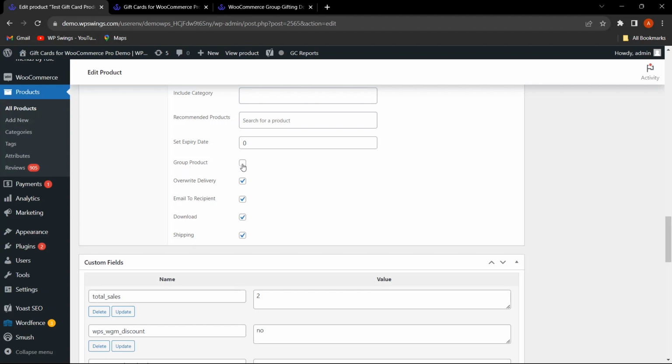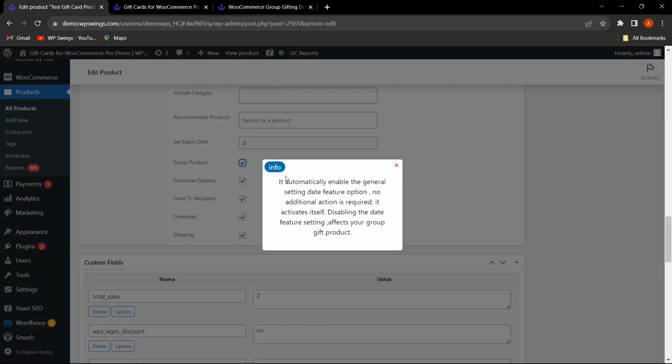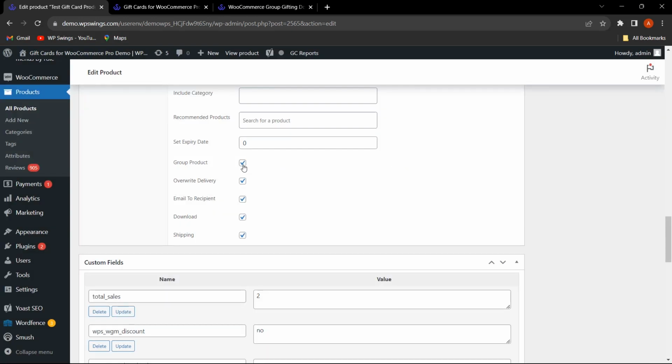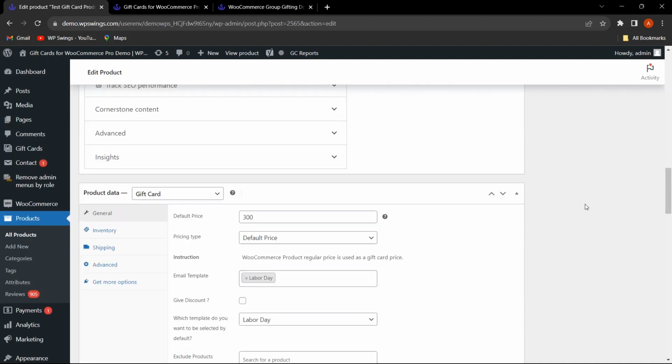Let me click on this. As you can see, a disclaimer has come. It will automatically enable the general setting date feature option. No additional action is required, it will be activated itself. If you disable the date feature settings, it will affect your group gifting product. So automatically, when you have enabled this, the date option will be enabled. I will show you what this date option is. Firstly, let me click on Update